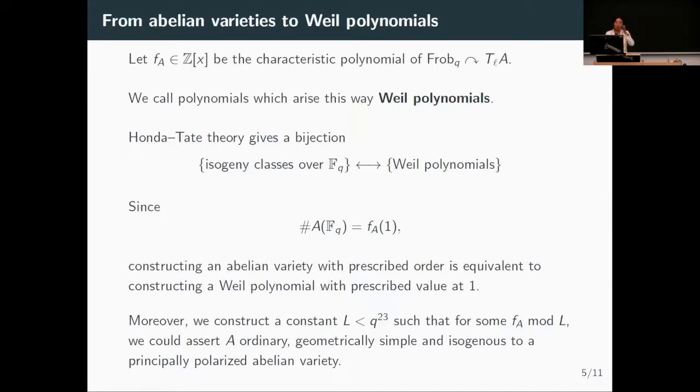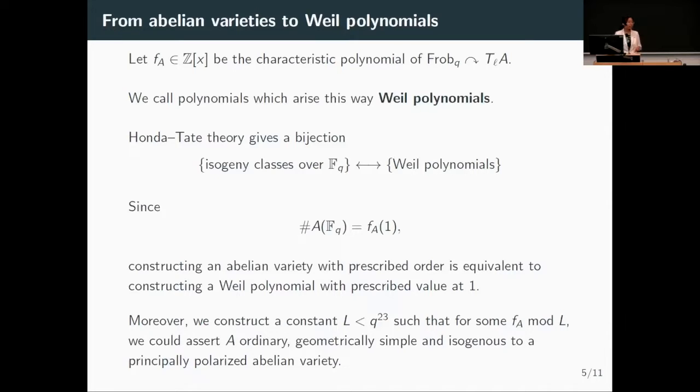So we want to turn this problem from constructing this geometric object into constructing certain polynomials satisfying some conditions, right? As I said, this polynomial determines the isogeny class, which means that there is other information about the abelian variety that you can extract from this polynomial. For example, one lemma we proved is that for any fixed q, you can always get an integer L, which is bounded by some power of q, such that if I know the Weil polynomial modulo this integer L